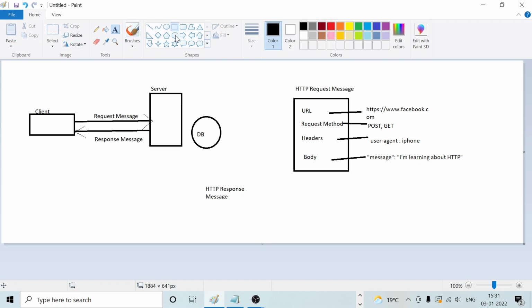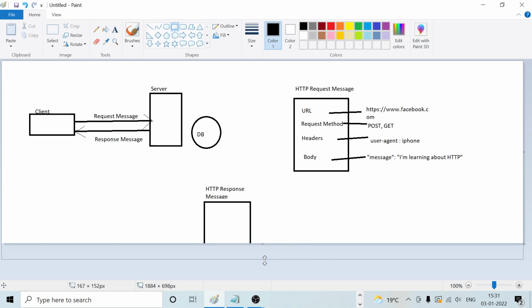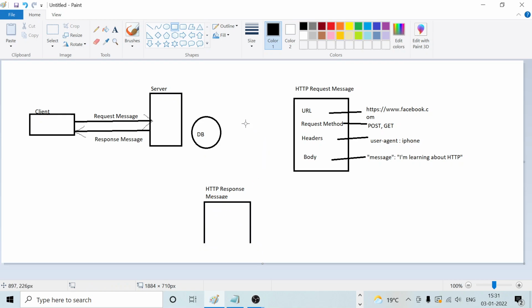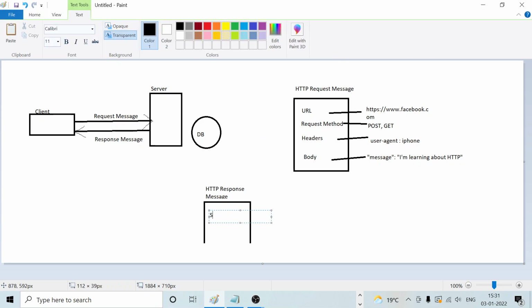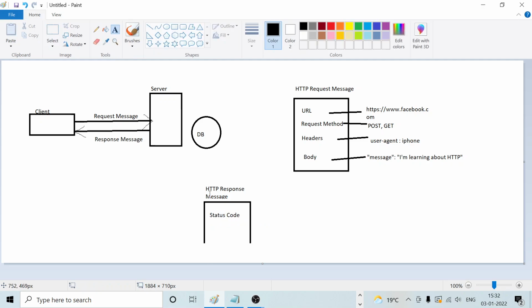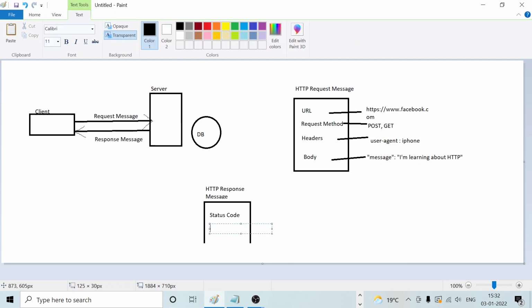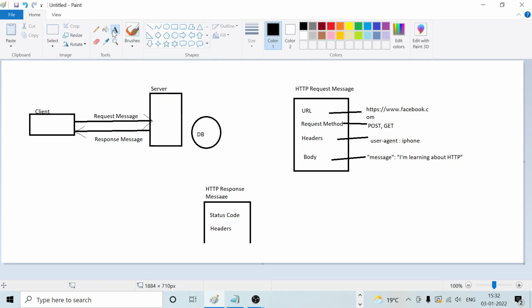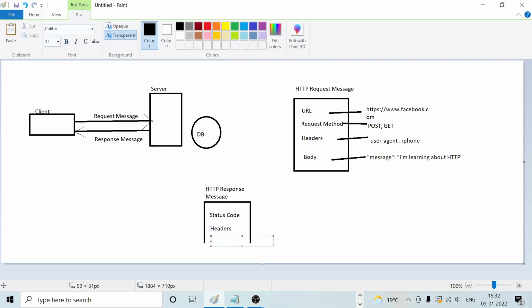What kind of information does this HTTP response message have? Generally it has these main things: first, the status code. The second thing is some headers. The third one is the body. So these are the three things it has.